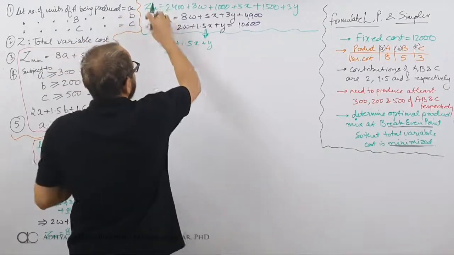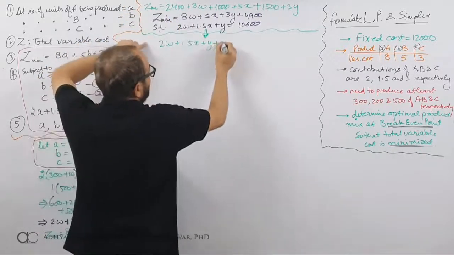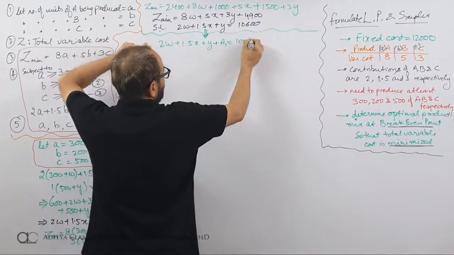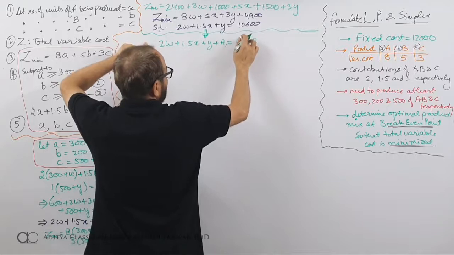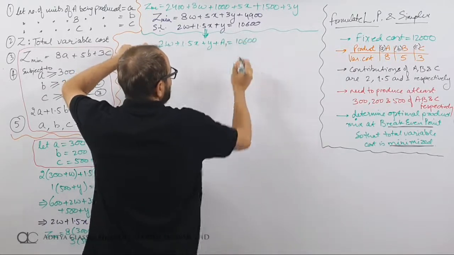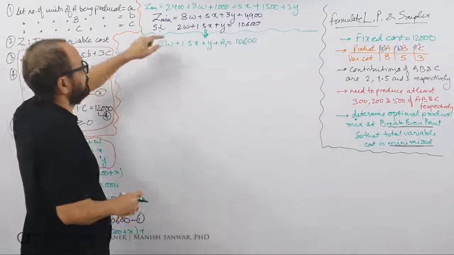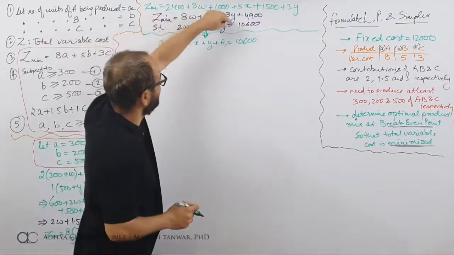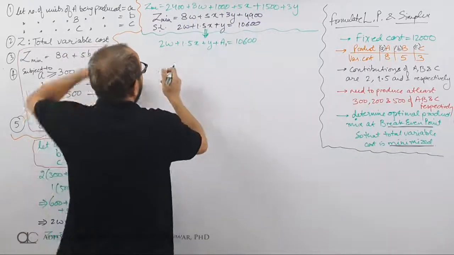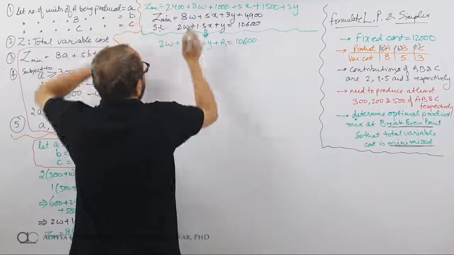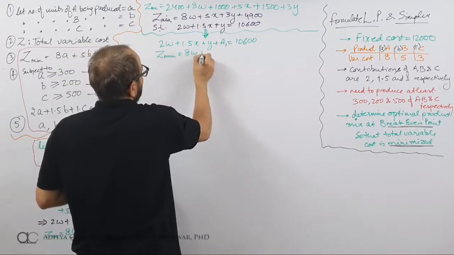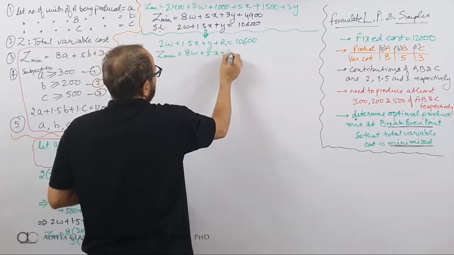This is my problem. This purple is my problem. And when I put it in standard form, I told you in previous lecture that whenever you have equalities, you make use of artificial variable. 10600. We make use of artificial variable. So I have 2w plus 1.5x plus y plus a1 is equal to 10600. And if I include this a into zmin also, then I get zmin is equal to 8w plus 5x plus 3y